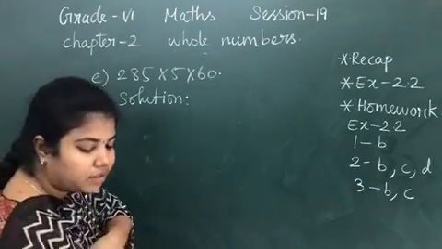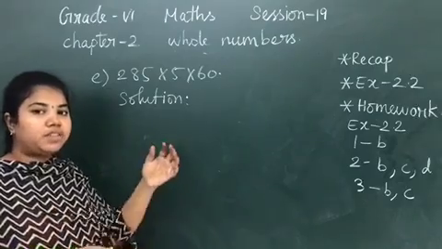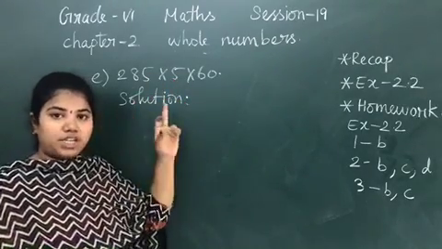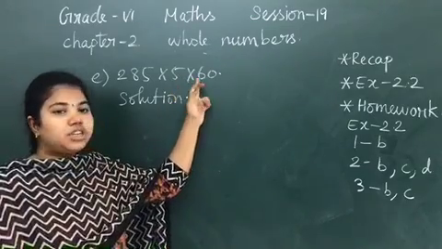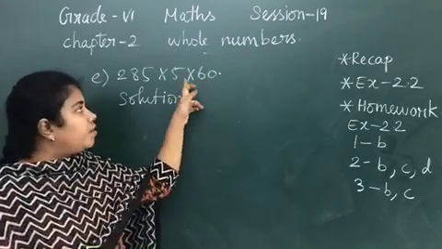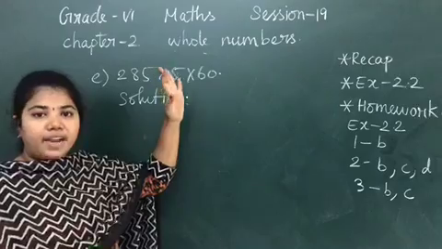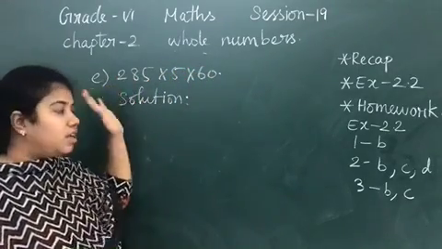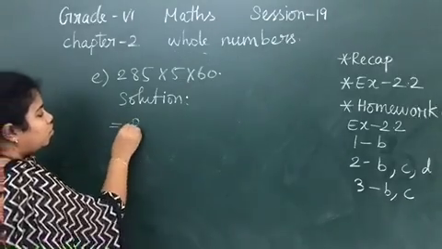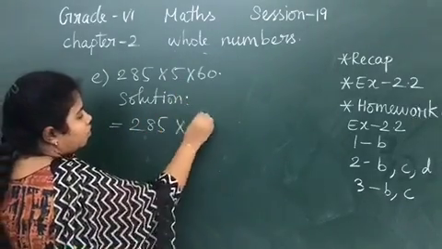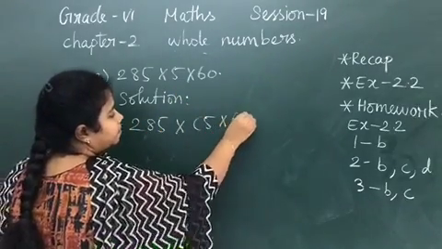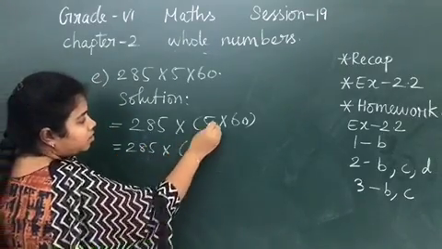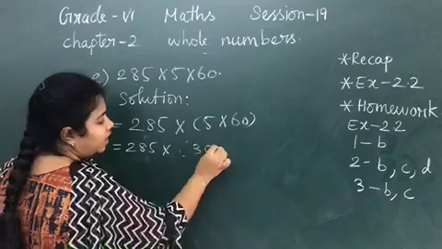What we are going to do is, already I told you, 5 multiple with some 1-digit or 2-digit number. Here our 5 multiple itself is a 1-digit number. So if we multiply 5 into this, it will be very easy, because 5 into 6 is 30. You are going to add just a 0. That 300 you can multiply with 285. Yes, this is somewhat different. Listen. So 285 into 5 into 60. Now 285 into this 5 into 60 will be 300.